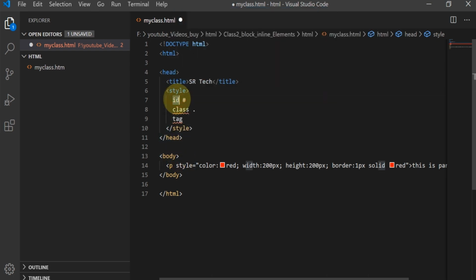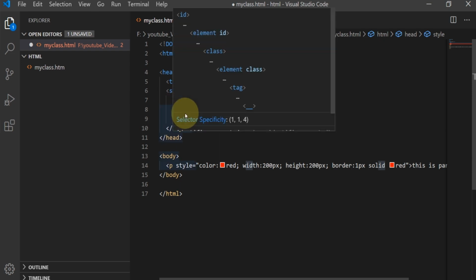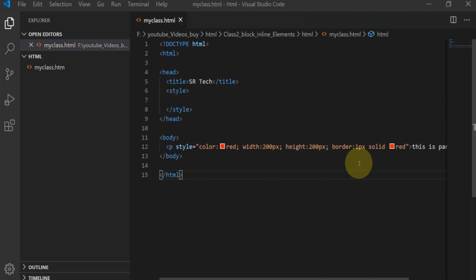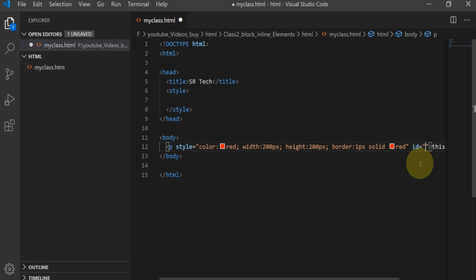For class name and ID name, we have to declare an ID attribute and class attribute on the HTML element. So let's see how to do that. Now I am going to declare an ID on my paragraph element. id equal to, my id I am giving. This value is the user's wish.